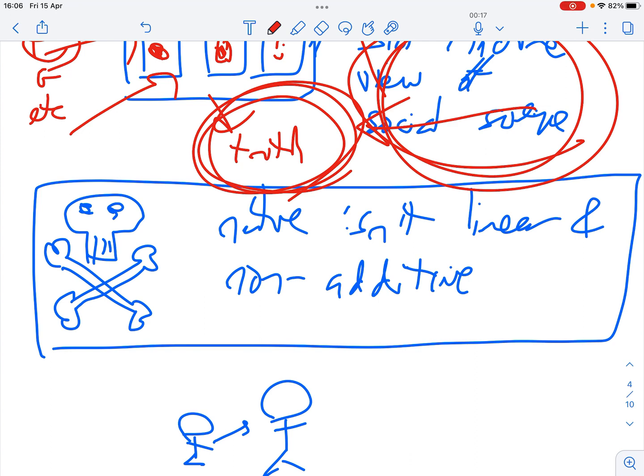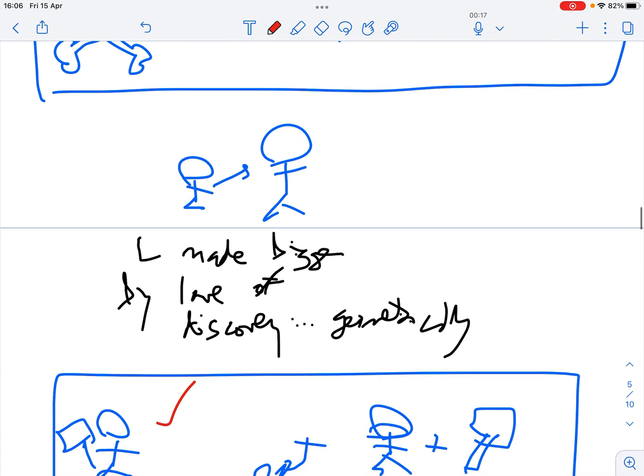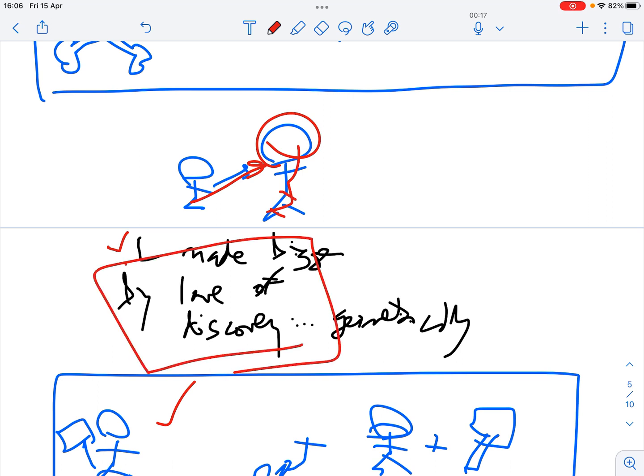The problem is that nature is not linear and it's not additive. The regression model is not the way to think about economics or the social sciences. In a very simple example, you can think about labor being made bigger by this love of discovery. Okay, it's not made bigger in the sense that a love of discovery adds two or three extra workers.